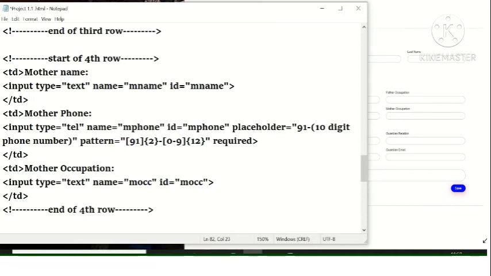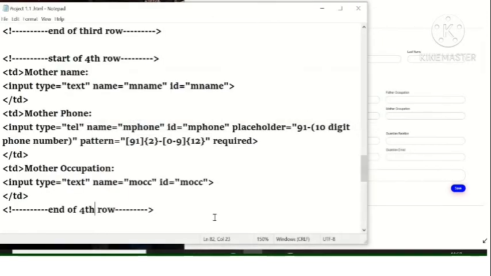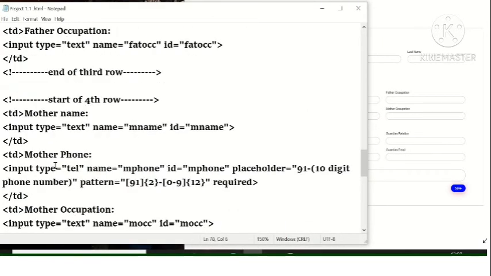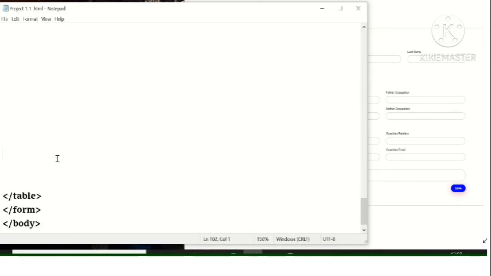So we have reached the end of the fourth row, and here we will see that the fields are added accordingly. The mother related fields are coming after the father related fields. So we will declare them in another TR declaration to bring them to the next row.